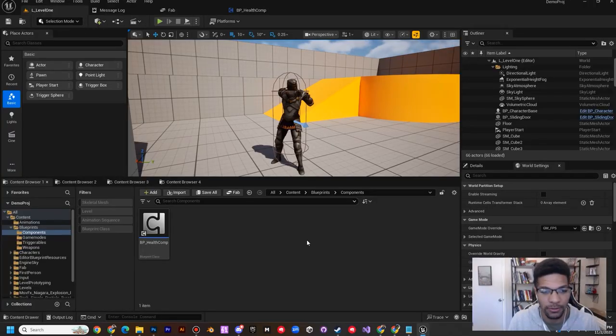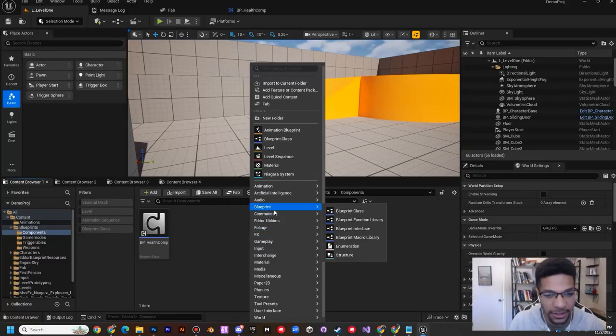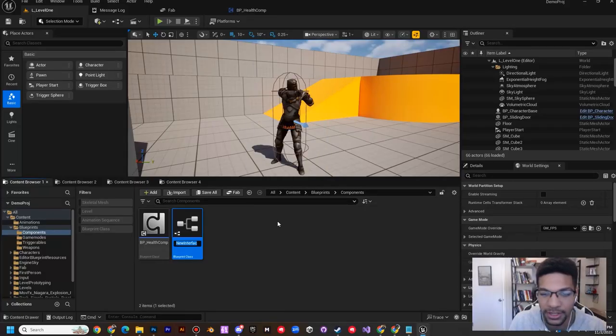And now we're going to make an interface. So in the blueprints components folder, we're going to make an interface, which is a collection of functions that we can call from other blueprints. And we'll see how that works in just a second. So I'm going to right click, go to blueprints, blueprints interface, and name it BPI for blueprint interface underscore health comp. I'm going to open that up,